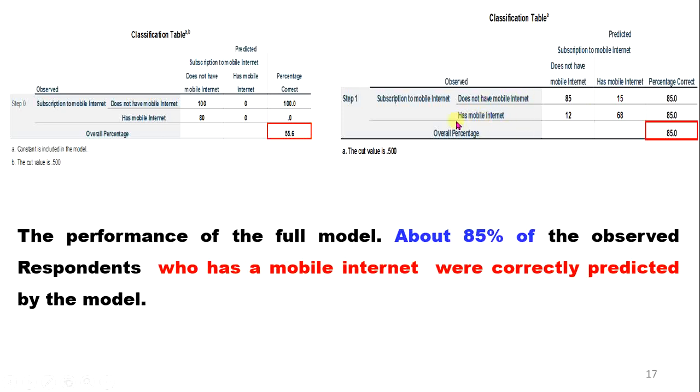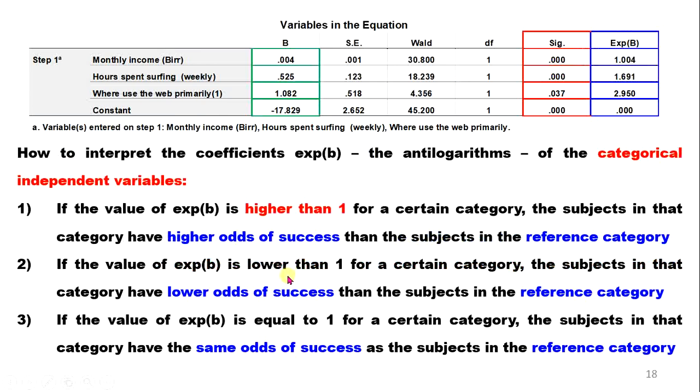ይሄም the model with the predictor values is more efficient than the model without the predictor values እንደማለት ነው። ሌላው ይሄ variables in the equation ነው። የገቡት እንግዲህ monthly income, hours spent surfing, where to use the web እና እነዚህ ሶስቱ ናቸው። አሁን ይሄ unstandardized beta coefficient አለን፣ regression coefficient አለ፣ ከዛ ይሄ ደግሞ significant value አለ፣ ይሄ B value አለ። ኦኬ odds ratio እንደምንለው ማለት ነው።